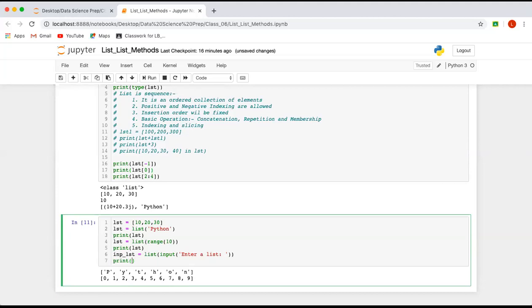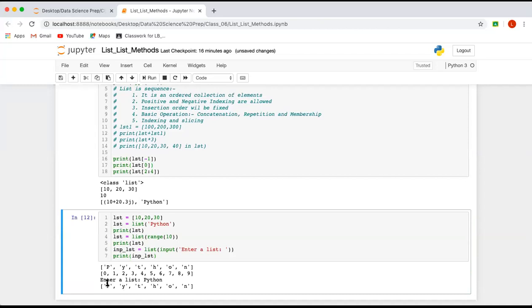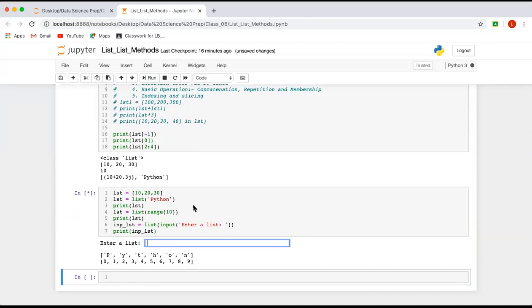Now whatever data the user enters will be converted into the list type. For example, I will first check inp_lst. Let's say I enter the string python. If I enter this, you get this list, right? Now let's say I run this code again and enter the number 10.